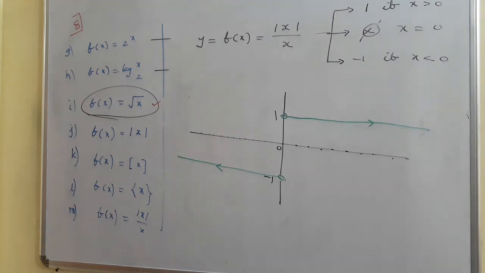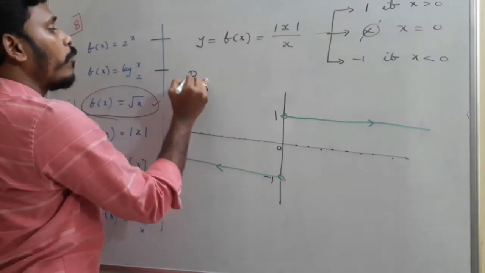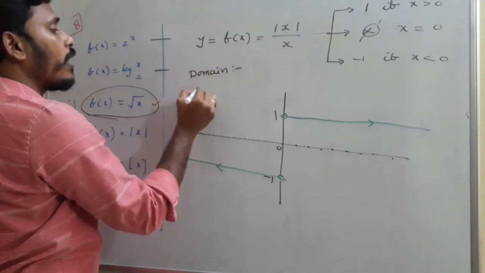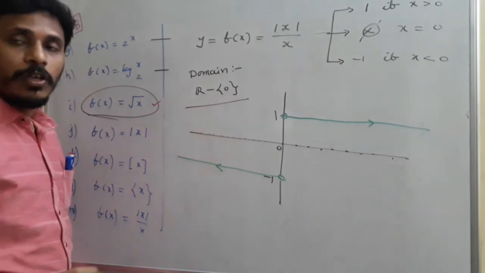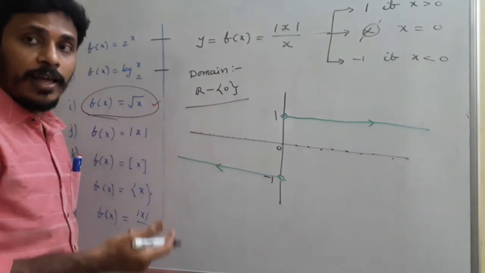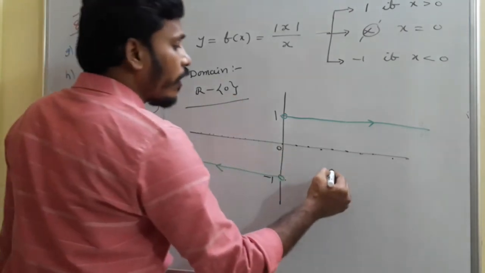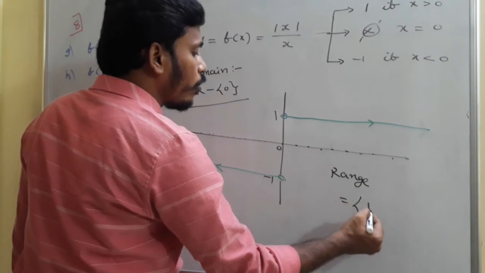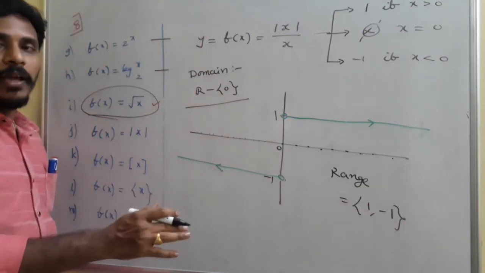So these are different functions, and we are mentioning the domain, range and the rough sketches of the graphs. Coming to this particular modulus of x by x, think about it. What can we say about the domain? The domain is all the real numbers minus 0. Why? Because if you take 0 in place of x, 0 by 0 is not defined in maths, so you have to eliminate that. And what about the range? The range contains only two numbers, 1 and minus 1. It's a two-element set, 1 and minus 1.